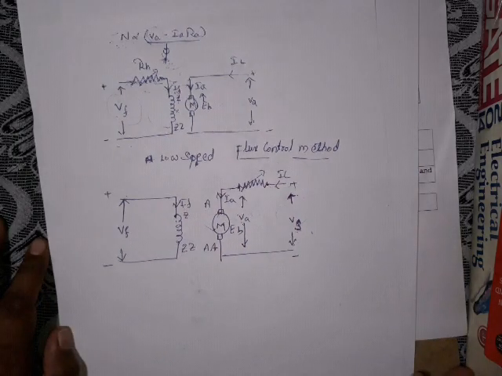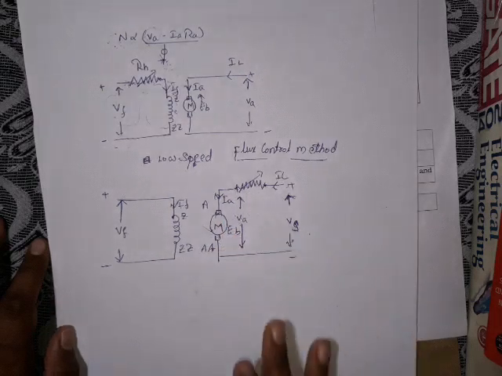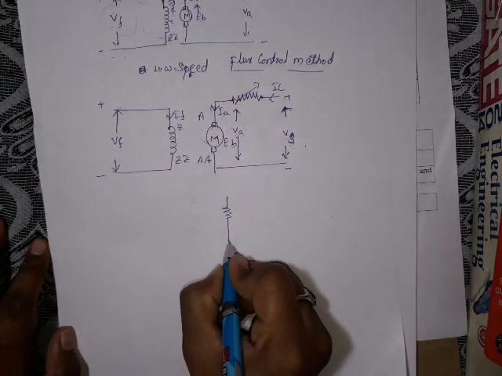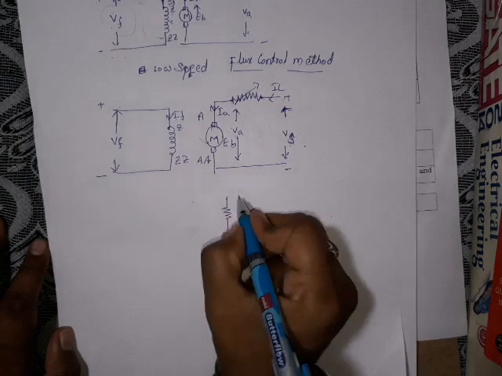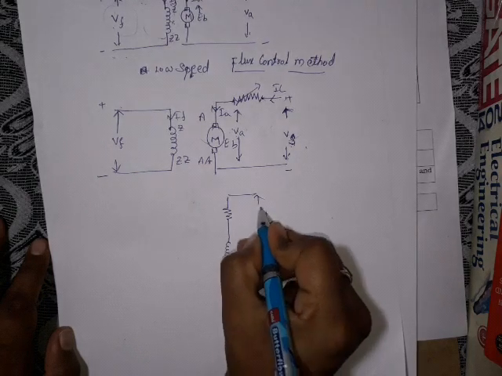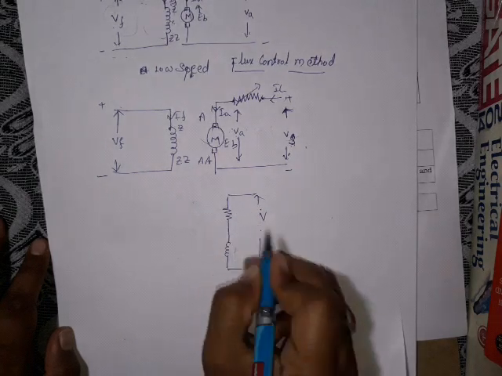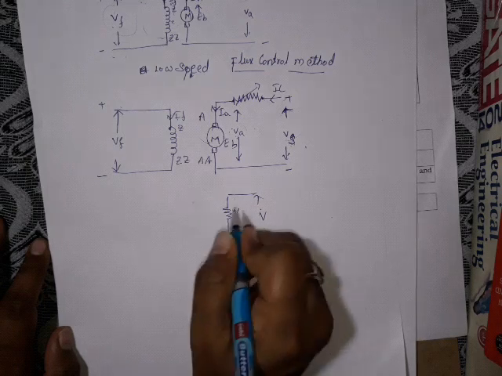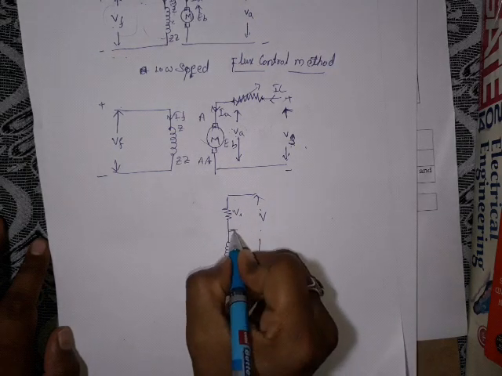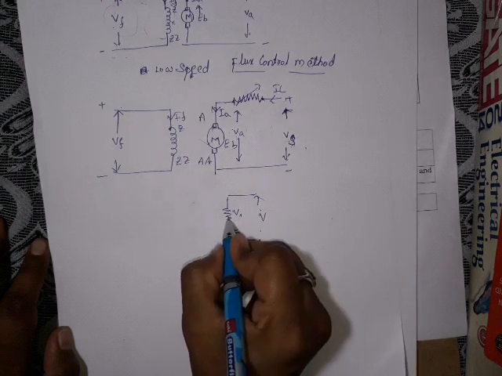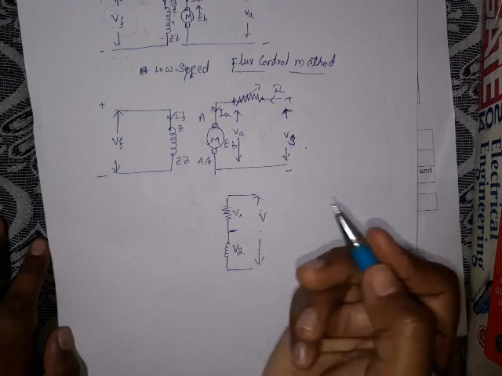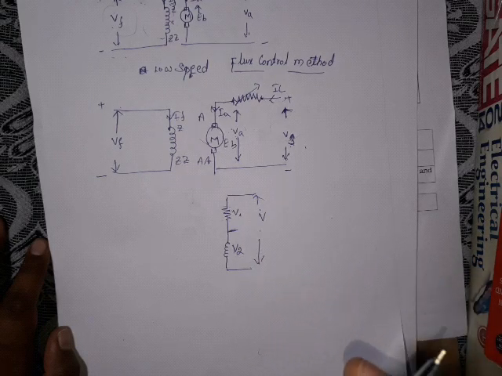Complete resistance is added. When the resistance is added, see here, I have a resistance, I have a winding, and here I am going to apply the voltage V. Now this V gets distributed between these two. Here I have V1, here I have V2. When this resistance value keeps on increasing, resistance is directly proportional to voltage, that we know.